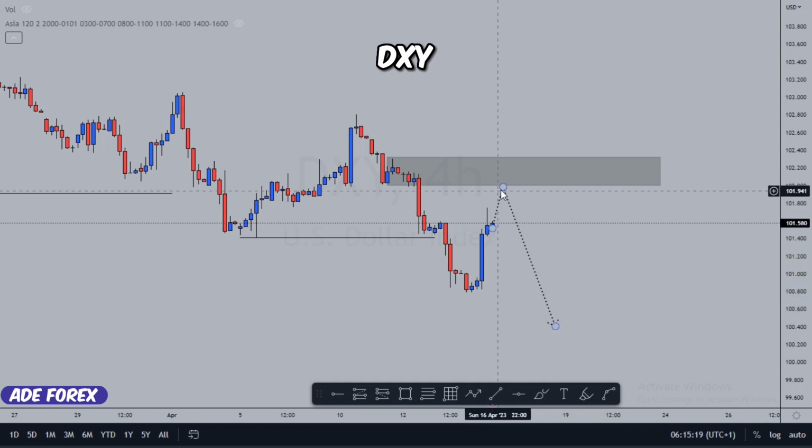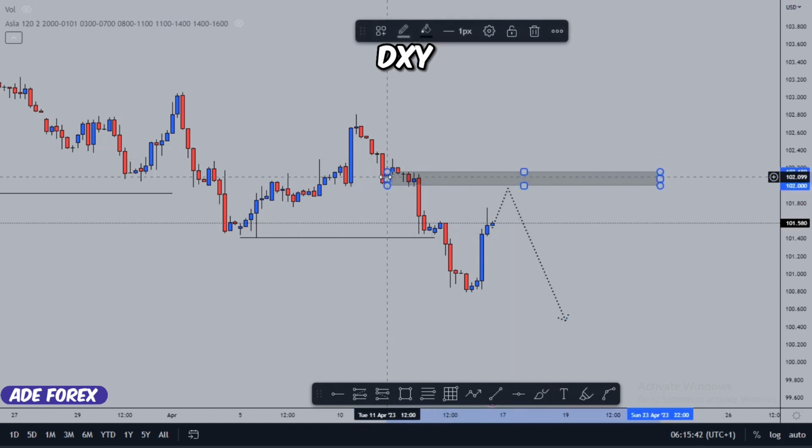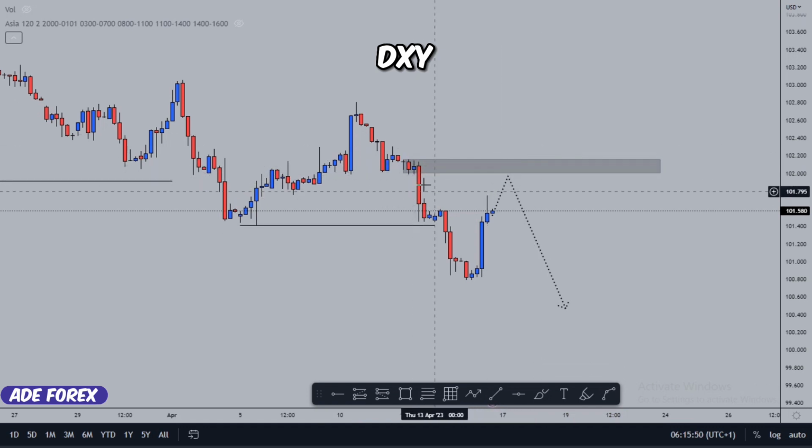The imbalance is what I look at the most. I don't just look at supply zones or other blocks just like that, but the imbalance has to be there. That's personally how I trade. But let's refine it somehow using this single candle. The market will come to mitigate this imbalance and then tank towards the downside.